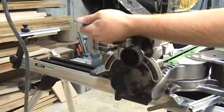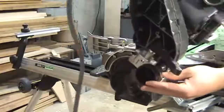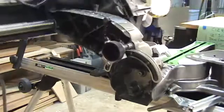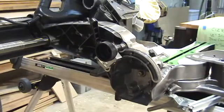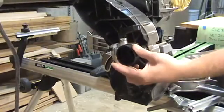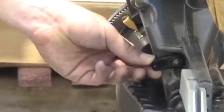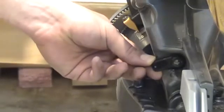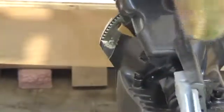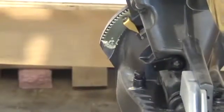With a quick flip of the lever in the back, the saw easily tilts to 46 degrees to the left, 46 degrees to the right, and can easily be micro-adjusted by simply turning the micro-adjustment knob. The saw also features a positive stop at 0 degrees and can simply be pulled out to release, allowing the saw to bevel either right or left, and easily snap back into place, giving you a positive stop at 0